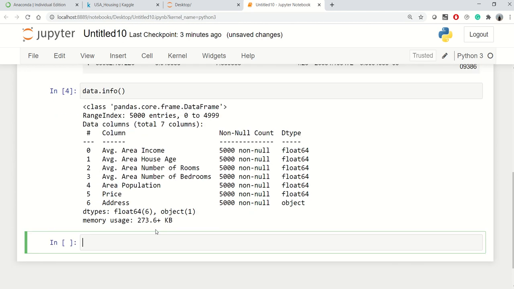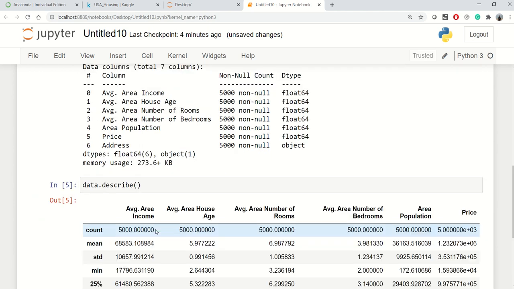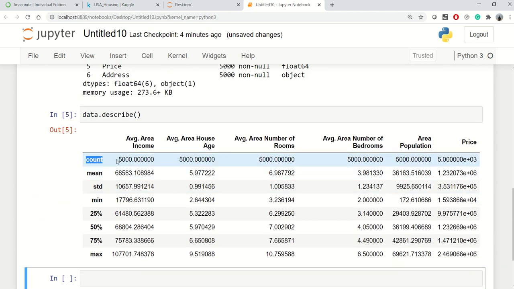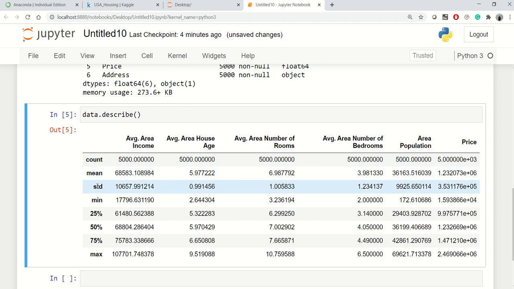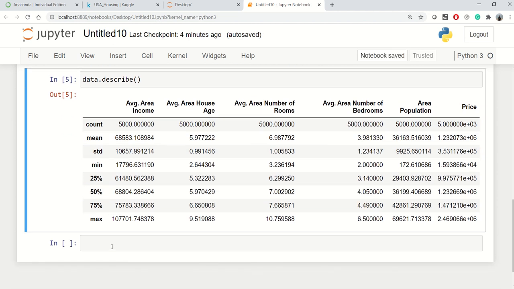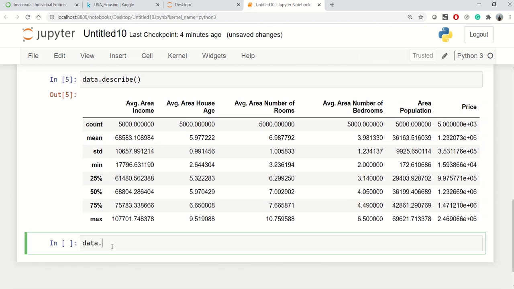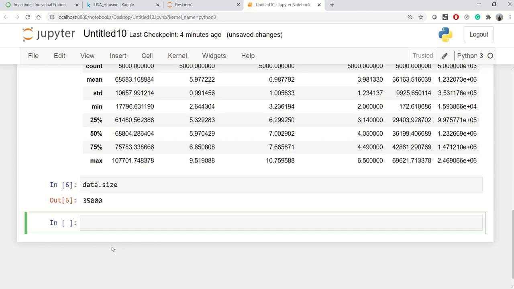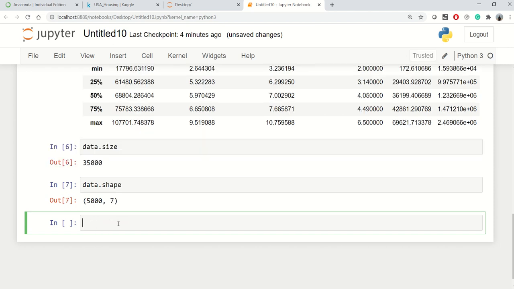Likewise you can call the data.describe method, and that would give some stats about your data. You can see it is giving the count of the records, mean, standard deviation, and so on. Likewise we can call the size and shape attributes. Size is the number of elements, and I can say data.shape to get information about the shape of the data.